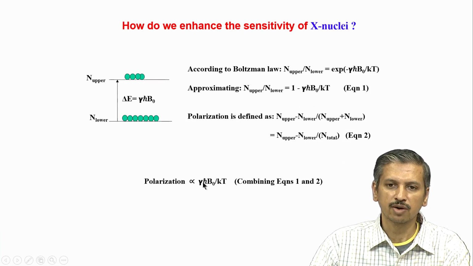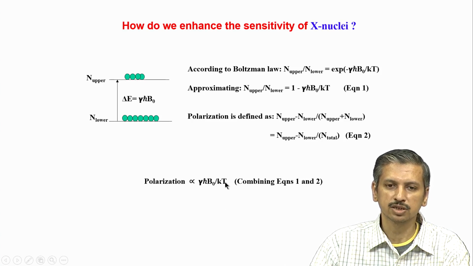That means if I have a lower gamma, which happens in the case of a heteronucleus, my polarization also will be small, which means my difference in the population also will be small. So, this difference in the population is going to be highest for proton, because that has the highest gamma value, and it is going to be relatively small for nitrogen, for example, or carbon, because of this lower gamma.